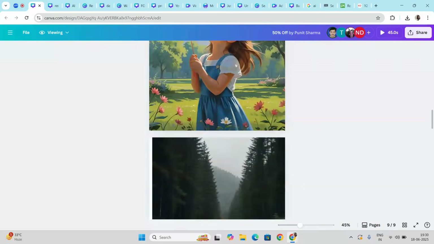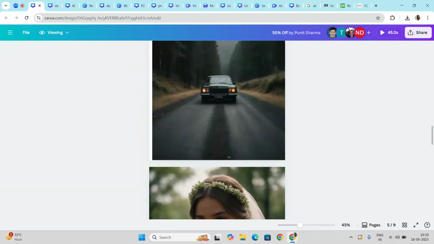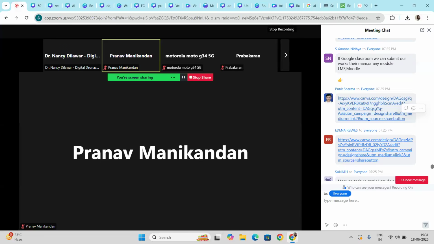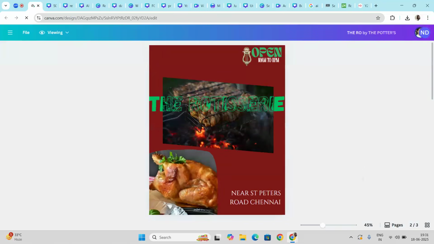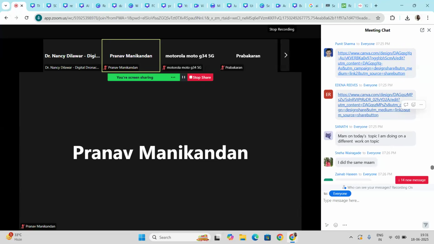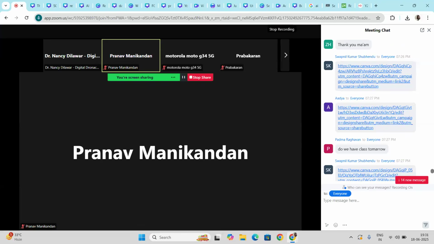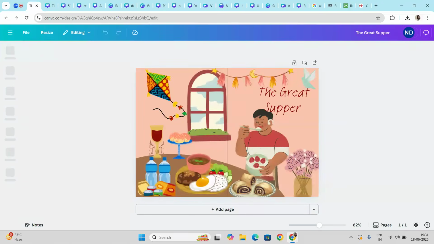What you need to do is write the name of where it's been created from, like Magic Media, or Mojo AI. This is the thing that you need to use. Very good, very nice.